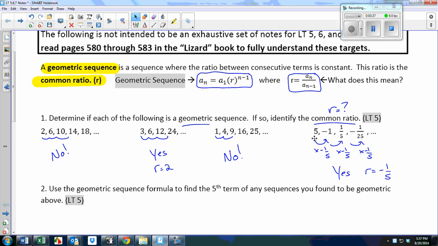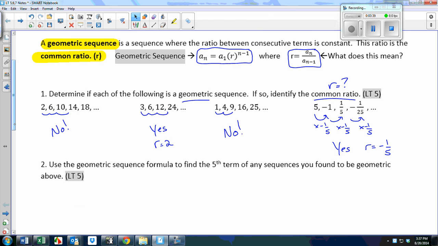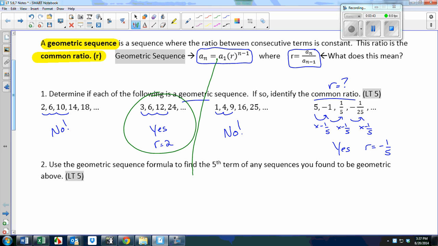Your brain may tell you, or it may look like, it's a division pattern. You're dividing by negative 5, dividing by negative 5, dividing by negative 5, but that is still geometric, and your r is negative 1/5. Now, for the sake of getting used to the formula, we're going to take this pattern